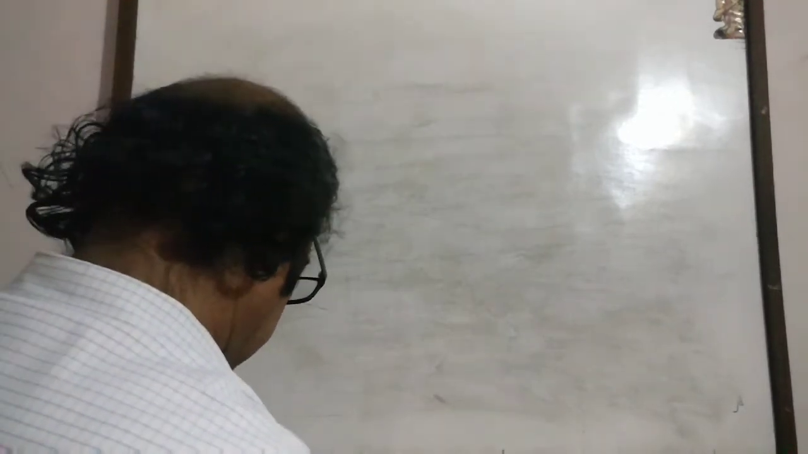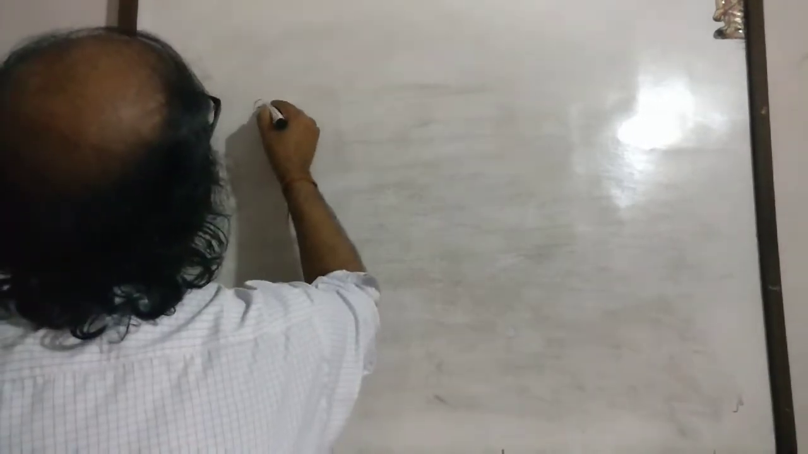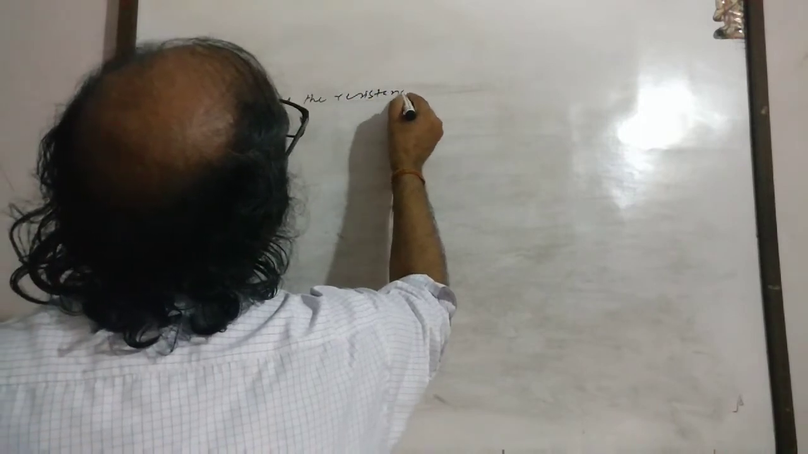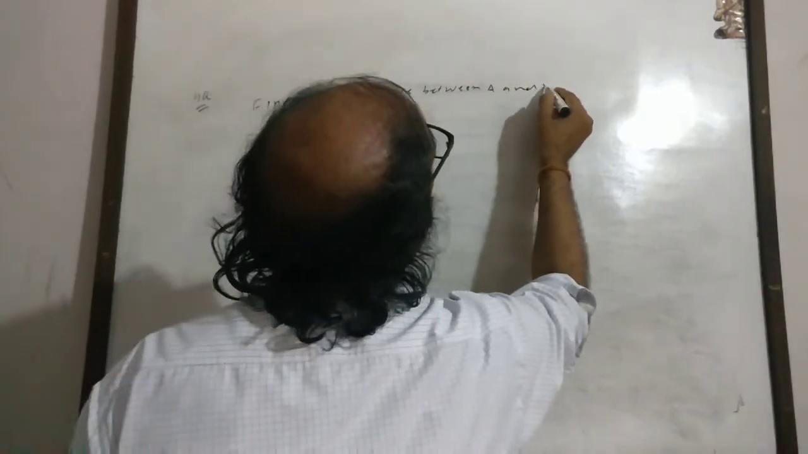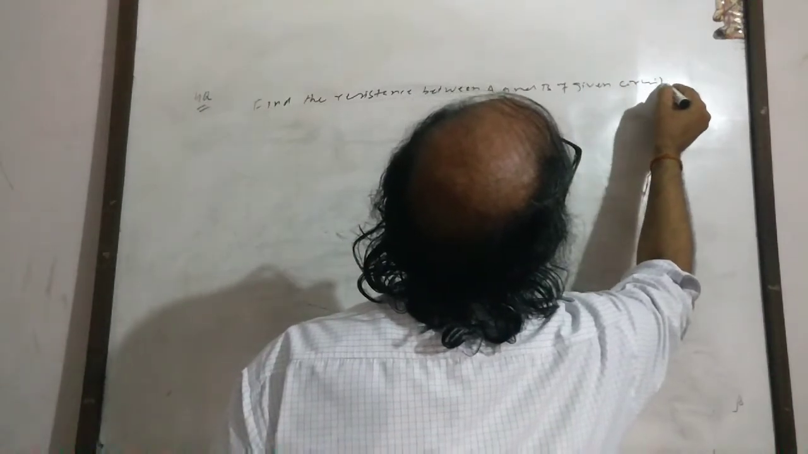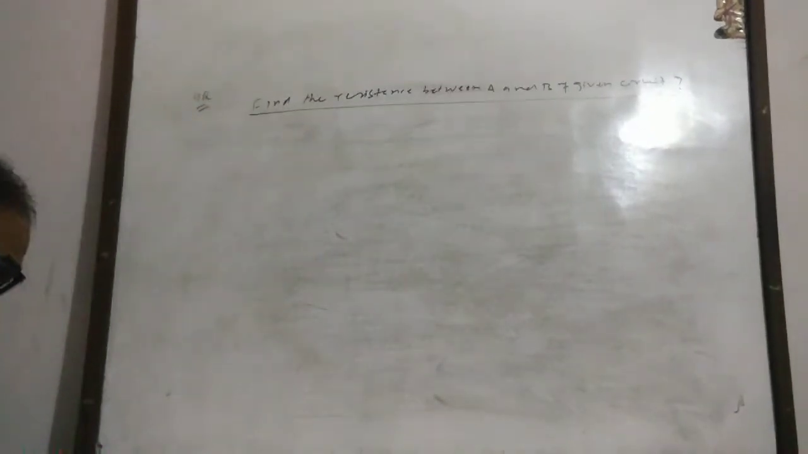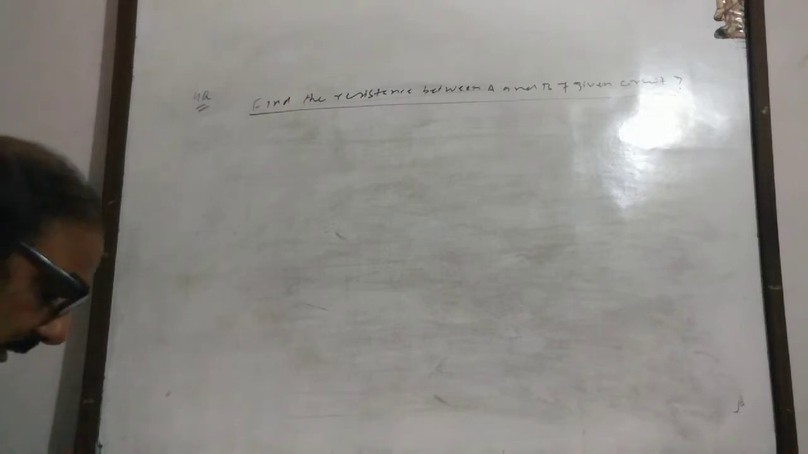Question number 4, and here to find out the resistance between A and B. Find the resistance between A and B of the given circuit. Find the resistance of the given